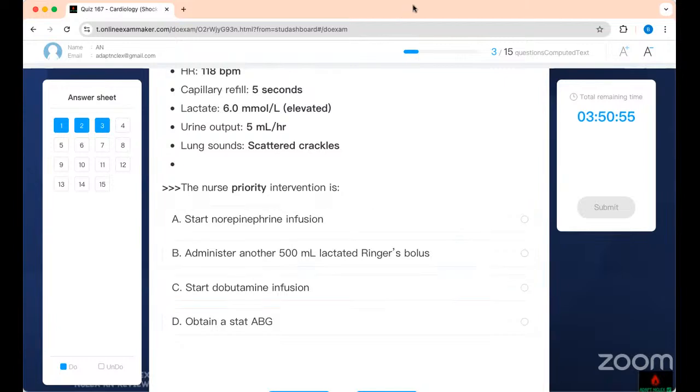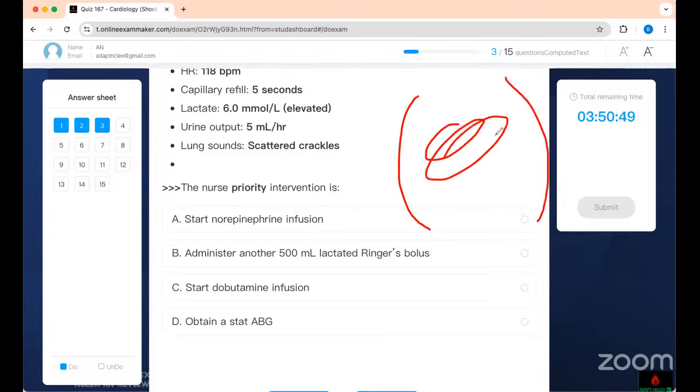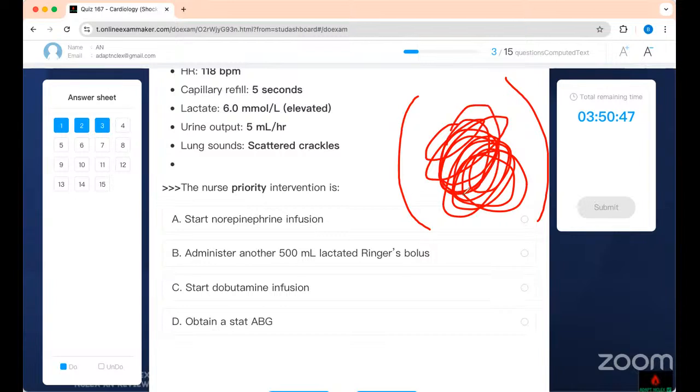The definition of septic shock is vasodilation. Your vein is now big, it's taking on the fluid. So when you have septic shock, there's a massive vasodilation, so blood stays on your skin. This is why your skin gets flushed, warm, and hot. This is classic septic shock. Unlike hypovolemic shock, where your veins constrict and your skin becomes cold, in septic shock your veins get bigger, blood stays there, and your skin gets warm.